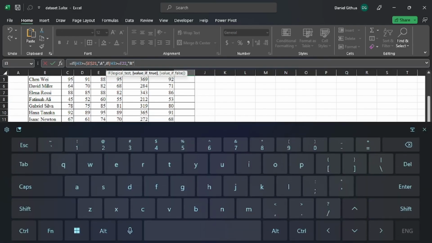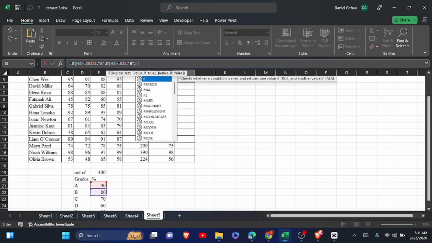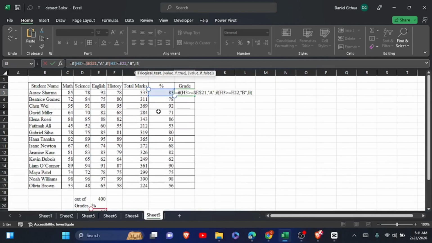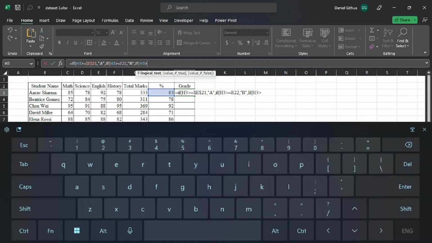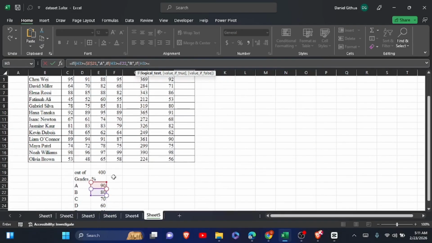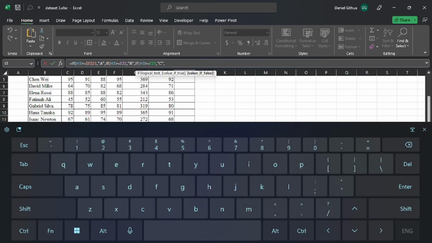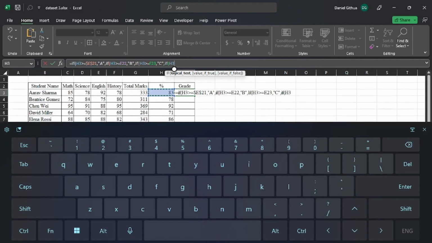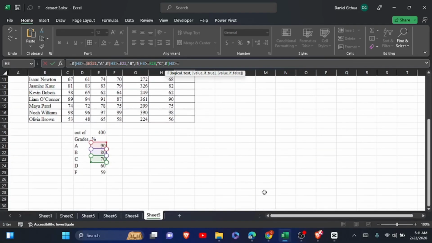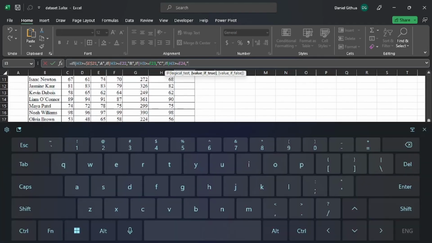Close the quotation marks, comma, again if this cell is greater than or equal to 70, comma, open the quotation marks, and we are going to have a C grade, close the quotation marks, comma, if, open the brackets, is greater than or equal to, now we are at D, 60, comma, quotation marks, we're going to have a D grade,